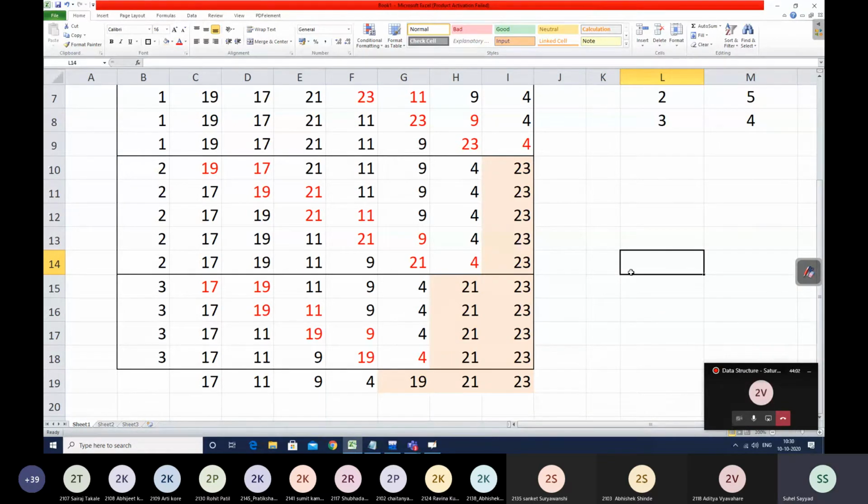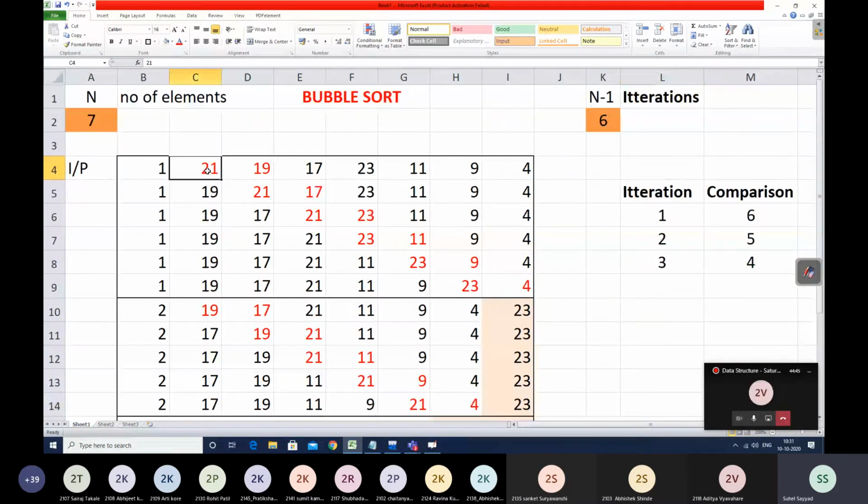So if you get a numerical to solve in your paper, you have to solve it in this way. Show the iterations on the left-hand side and the numbers on the right-hand side. And whatever swap I have shown here in red color, you can show using an underline in your notebooks. You cannot use a different color pen in your notebooks. Usually when I teach this in the classroom, I draw an underline on the blackboard. But now this is a different style, and the underline looks weird here, so I have used some colors so that it will be easily understood by you.